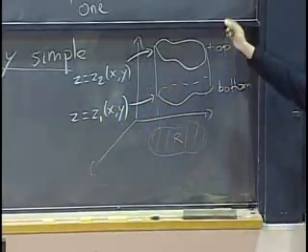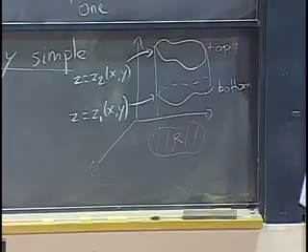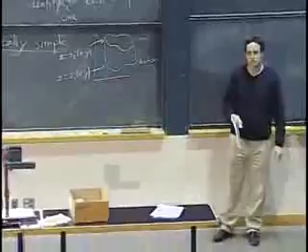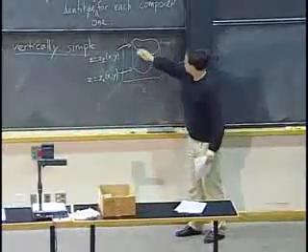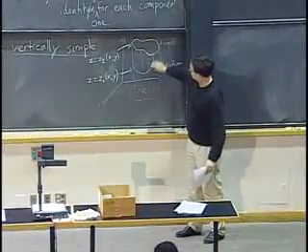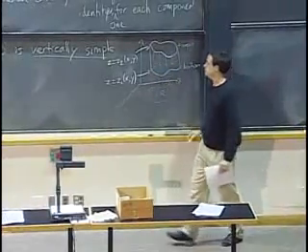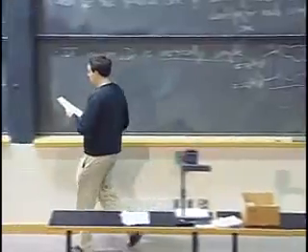And I don't need to know actual formulas. I'm just going to work with these and prove things independently of what the formulas will be for these functions. Anyway, a vertically simple region is something that lives above a part of the xy plane and is between two graphs of two functions. So let's see what we can do in that case.